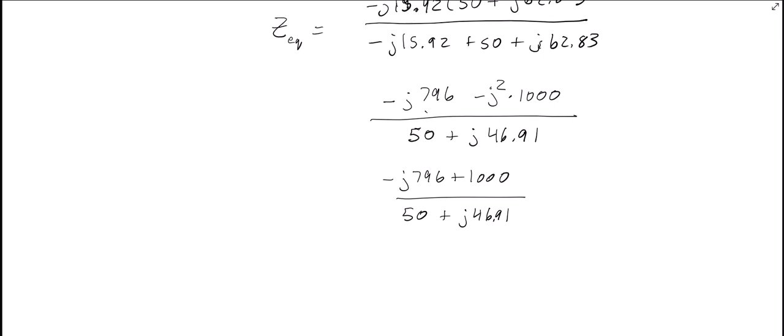Now this doesn't do us any good because we can't see what the real part and what the imaginary part is, because it's a fraction. So I need to multiply this by the conjugate of the denominator. So I'm going to multiply by 50 minus j 46.91 over 50 minus j times 46.91. And when I do that,